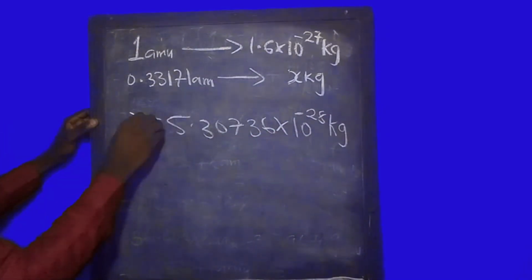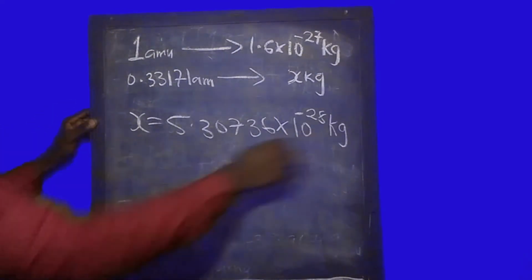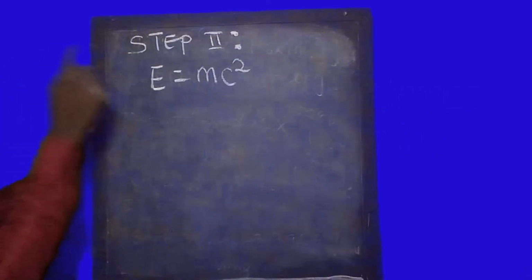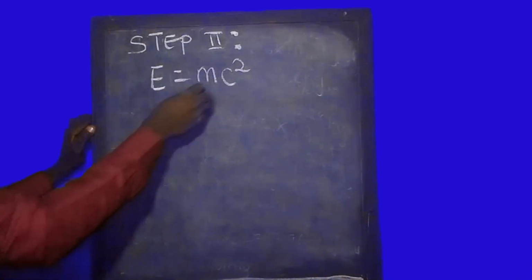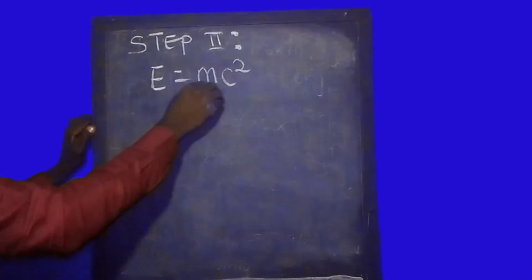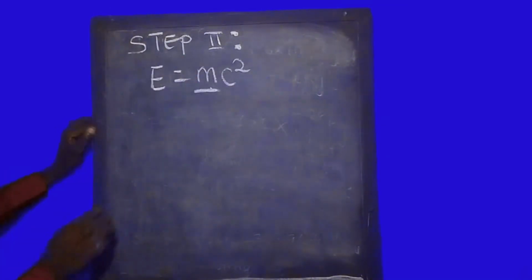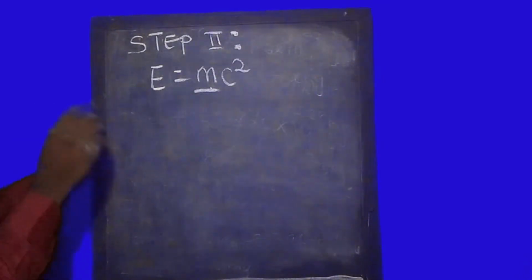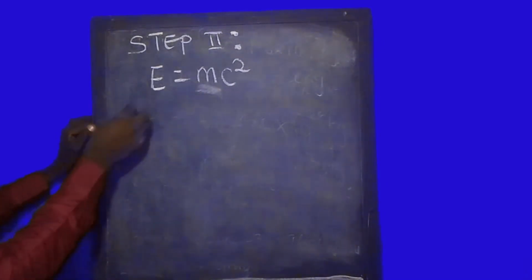So here is our x in kilograms. We put this into this equation so that you will find the value of E. As we have now calculated the value of m and converted it to kilograms, you have already known that you cannot give your mass in any unit other than kilograms. So we are to say